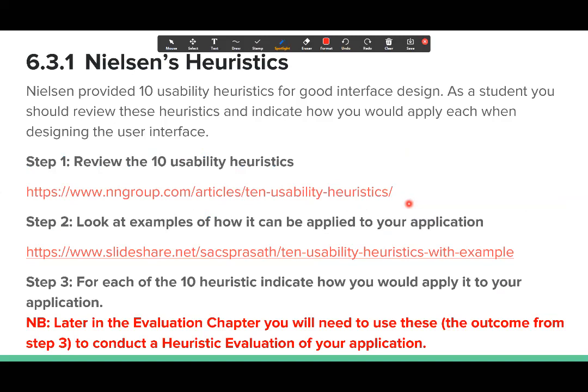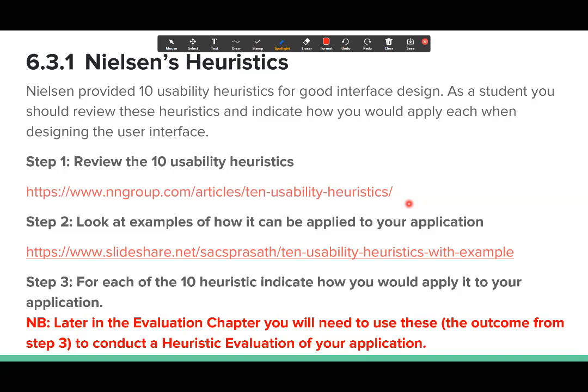Now, just a note: what we're going to do in this chapter is linked to your evaluation chapter. So what we're going to produce next has a very strong link to evaluation. If you are including the evaluation, it's crucial that you develop this here. The good thing is, this is so closely linked to the evaluation chapter that a lot of what you put here will be reproduced in the evaluation chapter.